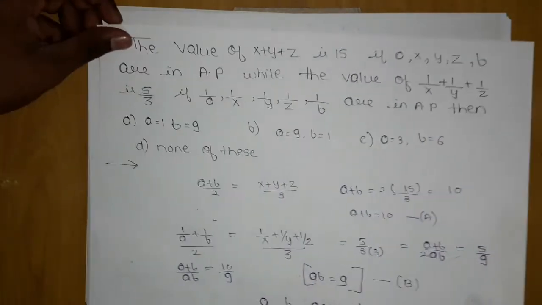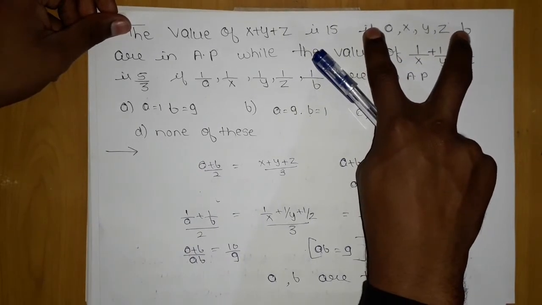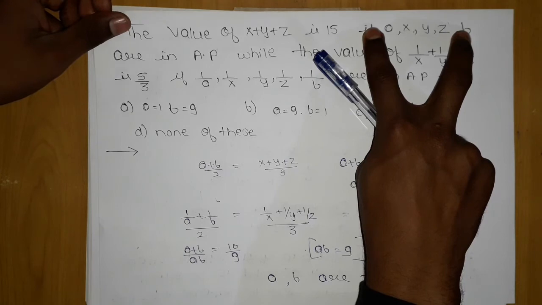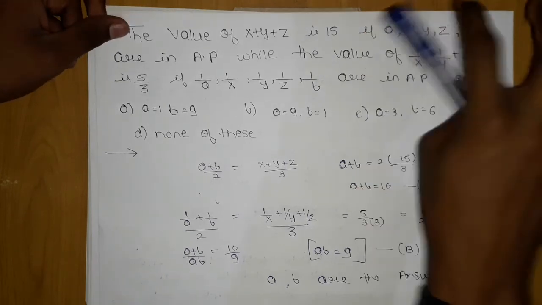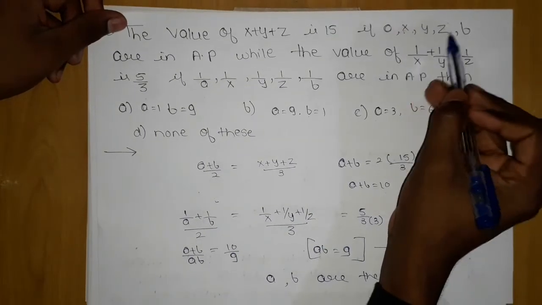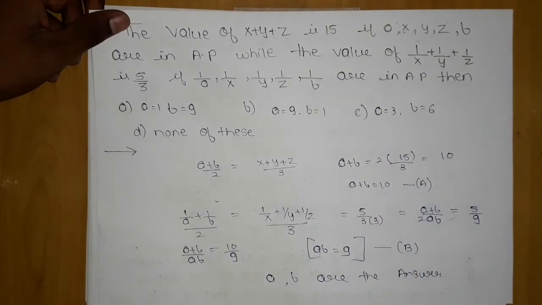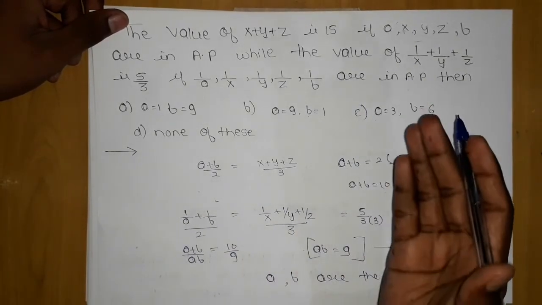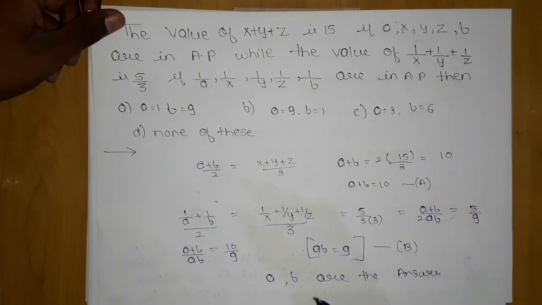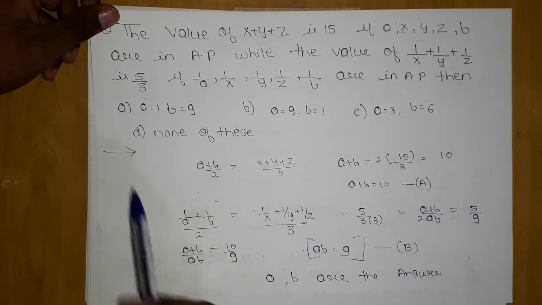Now let's move on to the next question. The basic thing was you can get the summation of the AM between two numbers by a plus b by 2, the extreme terms between whom AM is inserted. But from the basic AM, I know AM is Sn by n. So here there are 3 AMs, so the 3 numbers divided by 3 will also be AM, so they are equal. Applying that concept again, similarly for 1 upon x plus 1 upon y plus 1 upon z, I got these values. I have satisfied the value given, and thus I was able to predict which is the answer. Okay, that's all for this question.